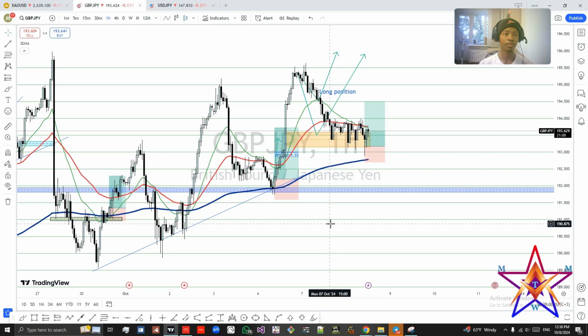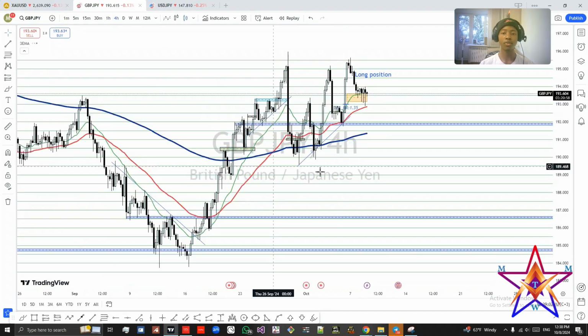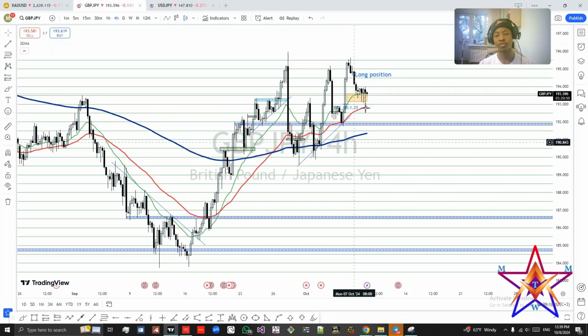Top down analysis, right? In the 4 hour, we see that it is a strong uptrend, and while we're in a strong uptrend, it retested the 50 moving average. I told you I love my EMAs. It retested the 50 moving average, and then it came into the golden area, whilst giving us strong weak rejections. These weak rejections, look, we have about 5 candles with long wicks, so giving us these strong weak rejections. No wick, no candle closed out of this box area.